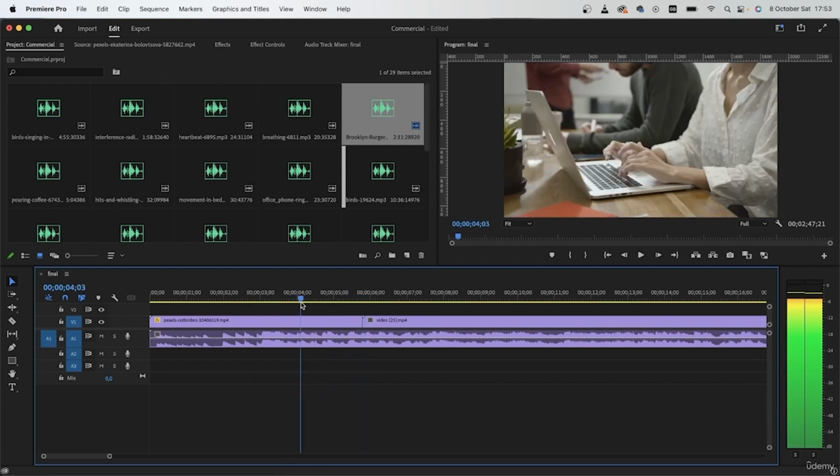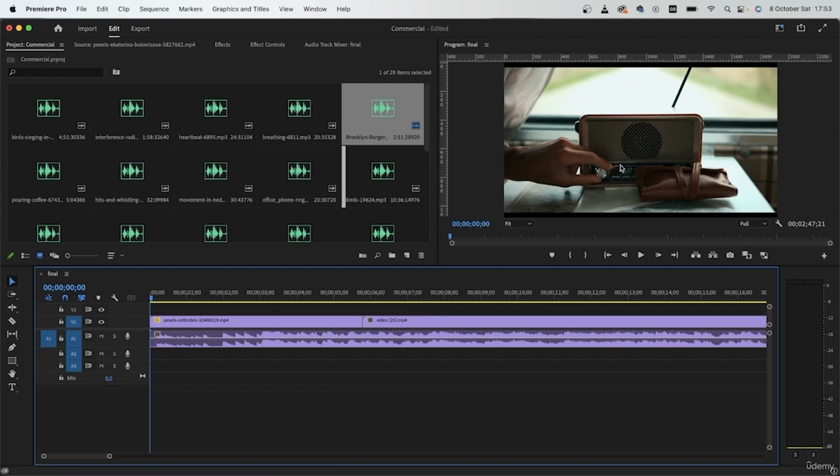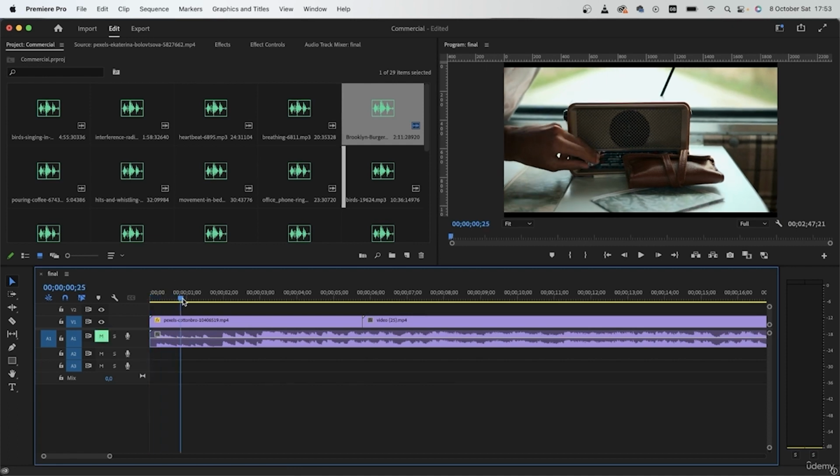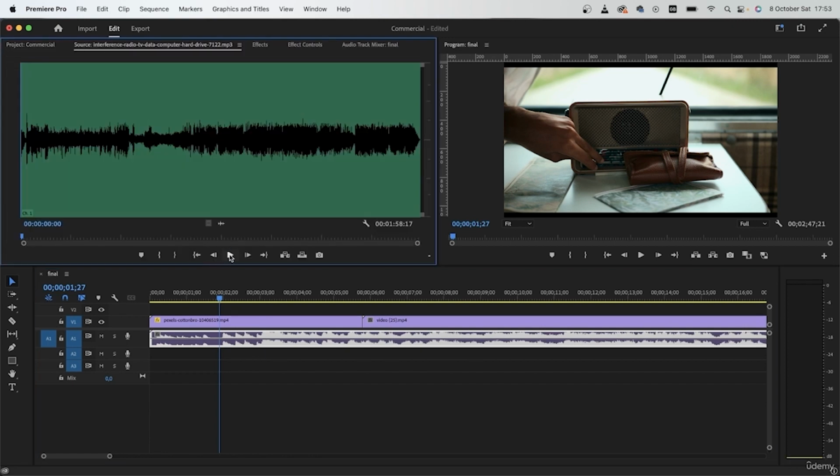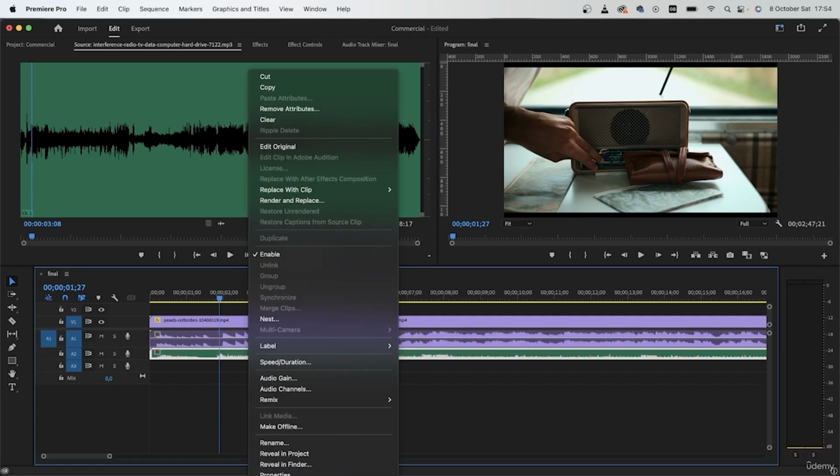So I will introduce it as if it's coming from the radio, and that once the person has turned this, let me mute this for a second, around here the music starts and we get to hear it for the rest of the video. So apart from this, I have like a radio sound effect. So it's like switching between channels until we find this song. Add this right underneath, label it,